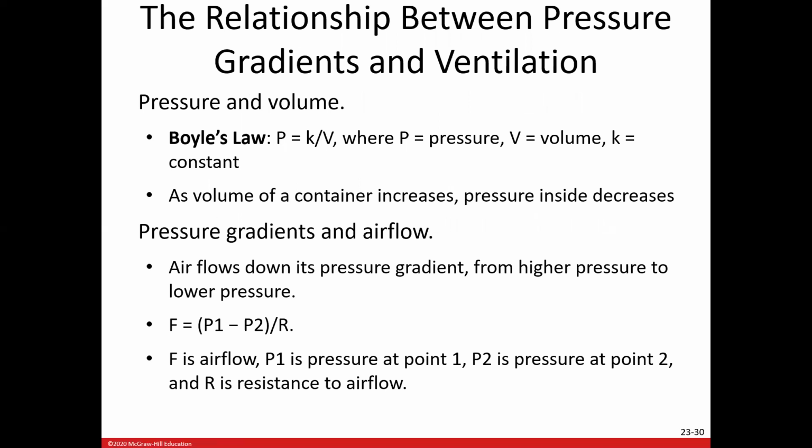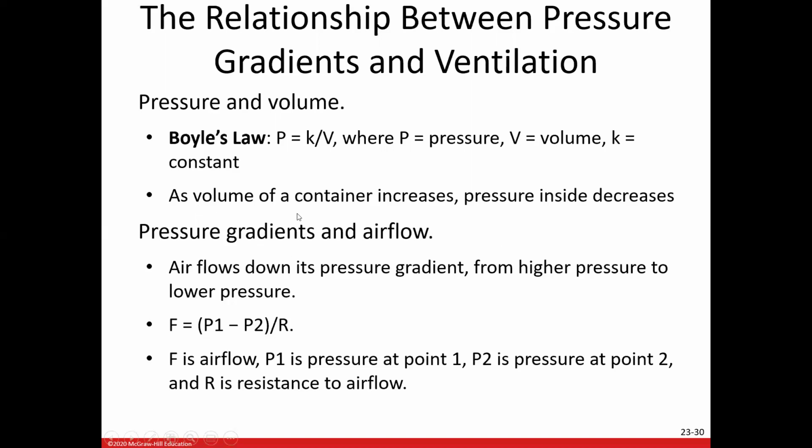So, with all of our gases, we have several different factors to look at, first of which are pressure and volume. So we have what's called Boyle's law, and this takes into account the relationship between pressure and volume. So the formula I have here is P equals K divided by V, where P is the actual pressure, total pressure of the gases. V is the volume the gases are taking up, so the amount of space they're taking up. And then K is just a constant for any given temperature for whatever gas we're looking at. Don't worry about the constant too much. But the big idea with Boyle's law is